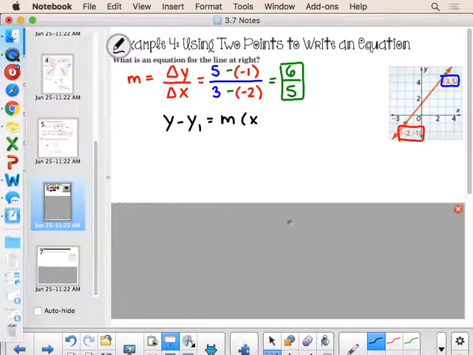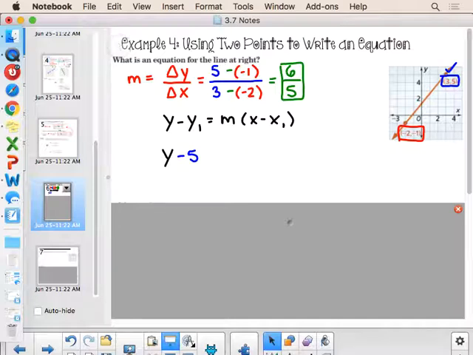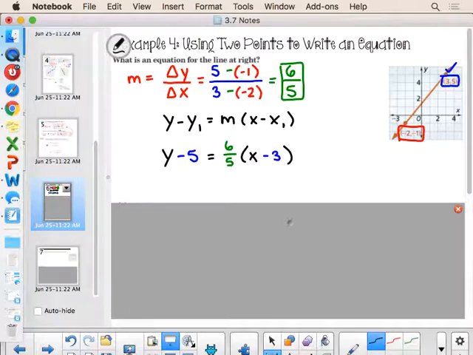So here is point-slope form once again. I'm just going to pick whichever coordinate I want. I'm a huge fan of (3, 5), so I'm going to choose (3, 5). So we have y. My y coordinate is 5, so I'm going to subtract 5, is equal to, well, we know that our slope is 6/5, multiplied by the quantity of x. Once again, the x coordinate I'm using is 3, so we're going to minus 3, and I just have to close my parentheses. And here's the equation of the line at the right.